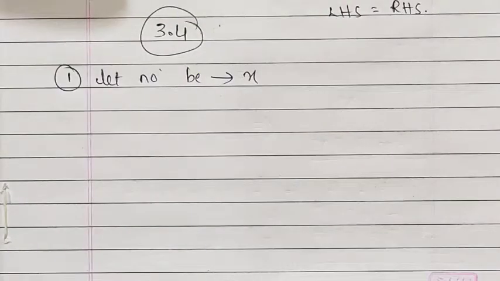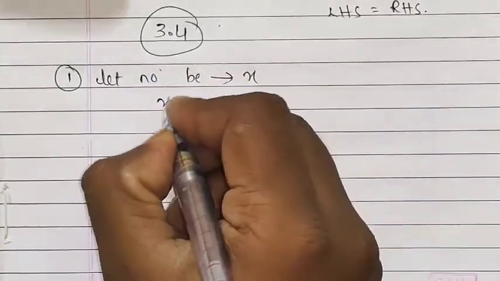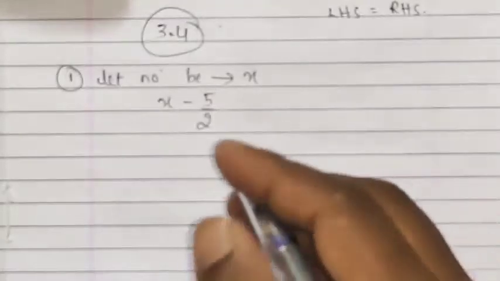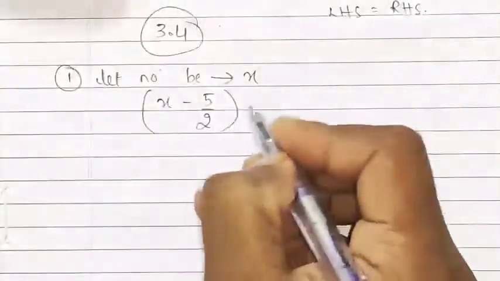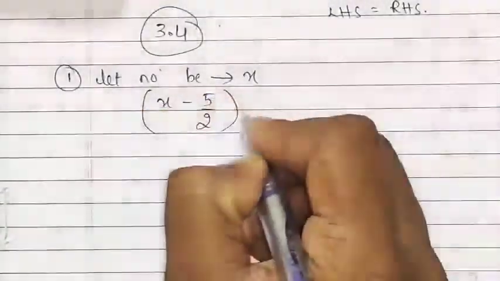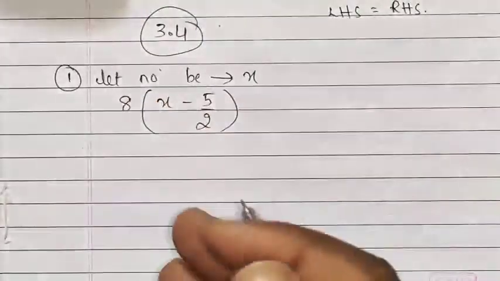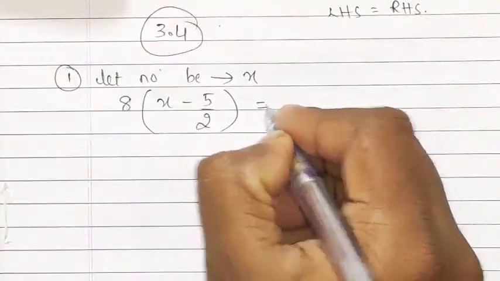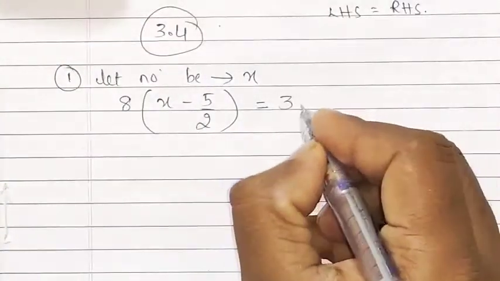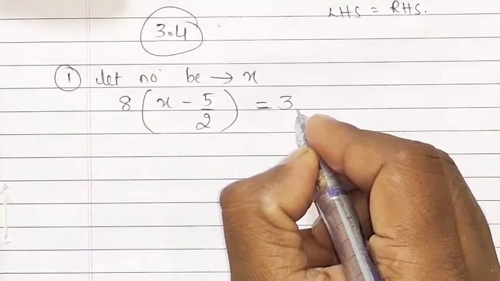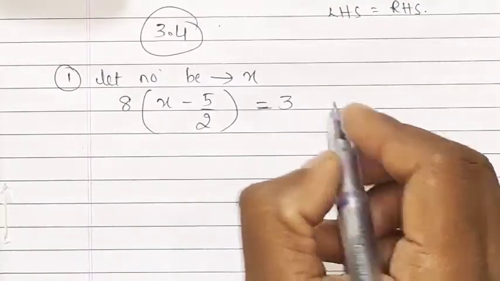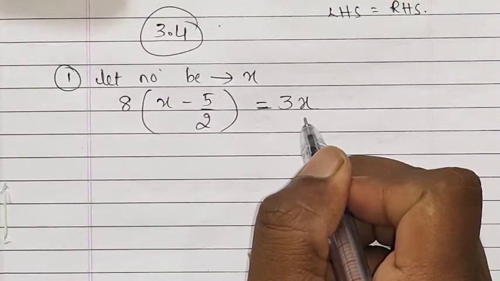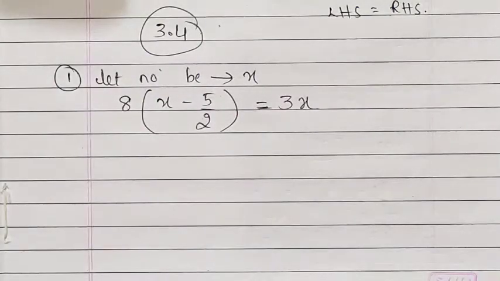And she is subtracting 5 by 2 from it. That number is x. She is subtracting 5 by 2 from it. She multiplies the result by 8. This is the result and she is multiplying this result by 8. Bracket is there, means it is multiplied by 8. The result now obtained is equal to 3 times the number she thought of. Actually she thought the number that is x. It means 3 times that number. What is that number? It means you need to find out the value of x.